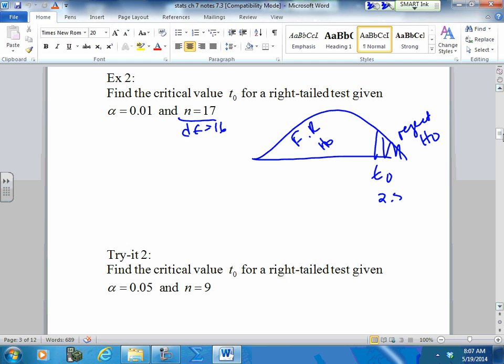.583. Is it positive or negative? Positive. It's on the right-hand side. It's positive. Okay, makes sense? T-score is nice. And the last one